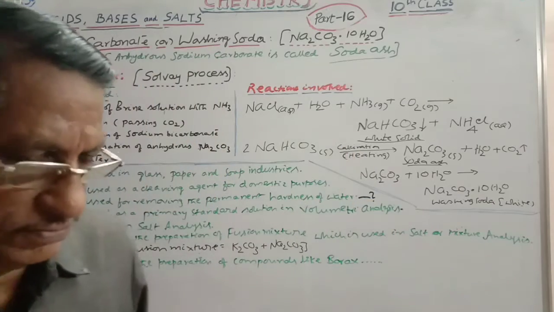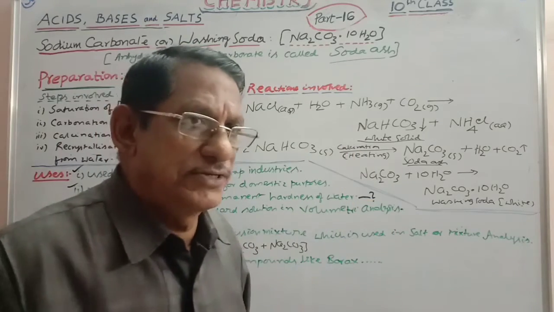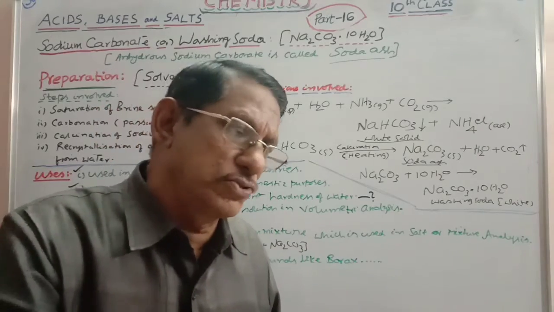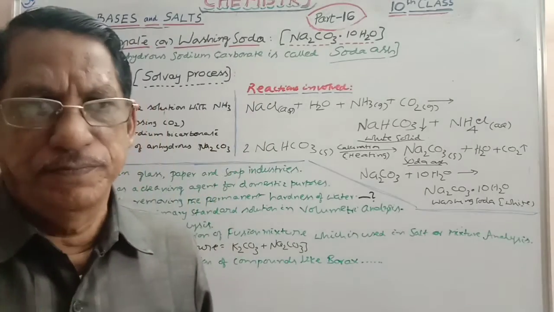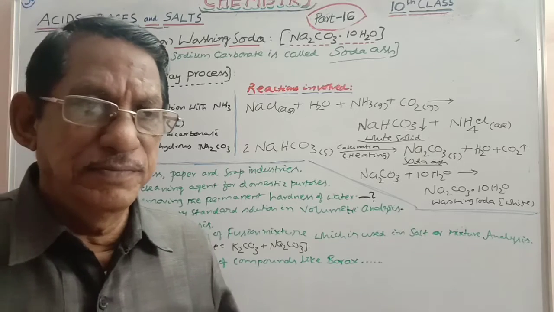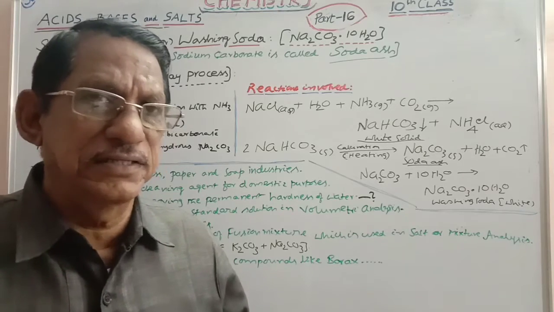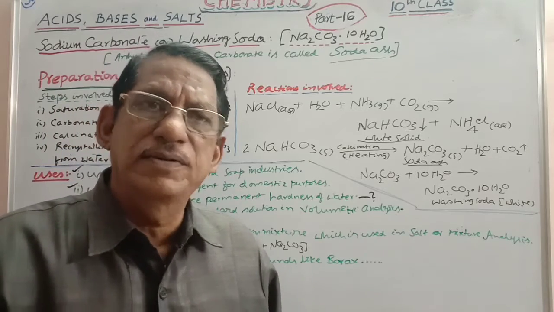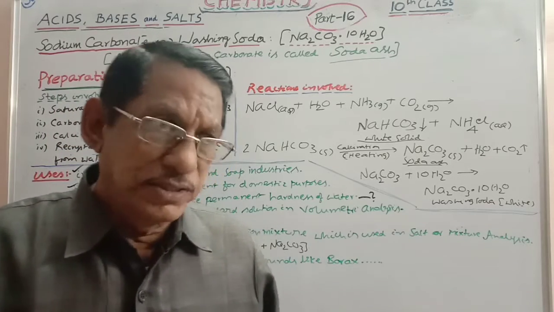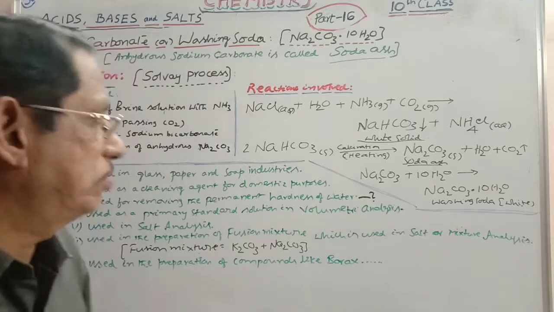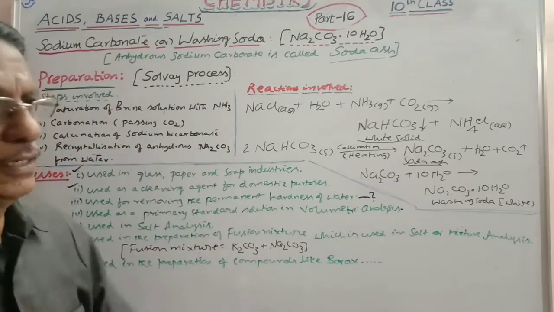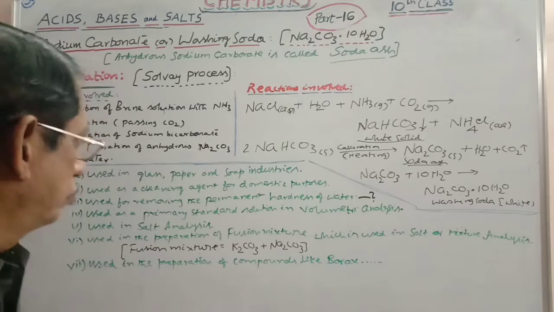We will discuss this finally if time permits. Whenever you want to remove the permanent hardness of water, it is treated with sodium carbonate. Whatever cations create permanent hardness, they will precipitate as their carbonates. They are removed and hard water is converted into soft water. So that we will discuss later. Anyhow, to remove the permanent hardness of water, the sodium carbonate process can be used.